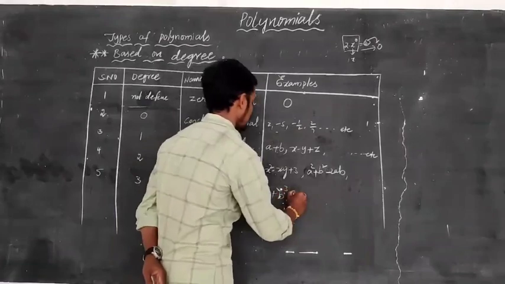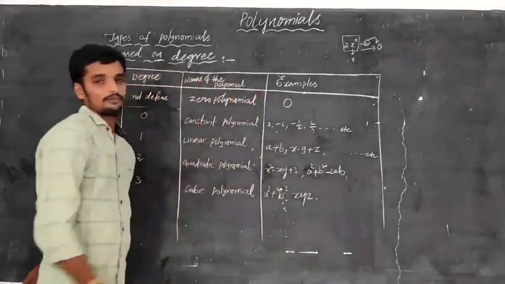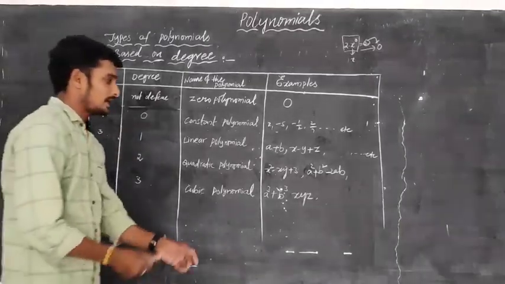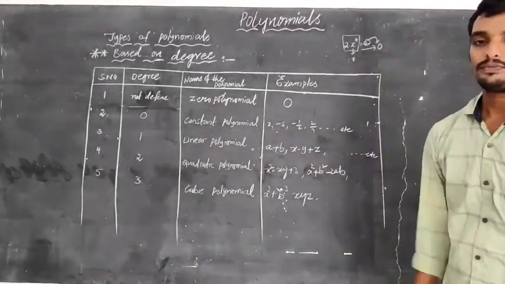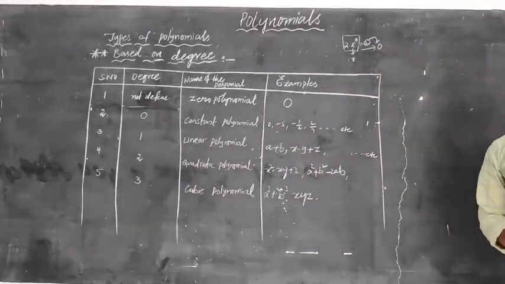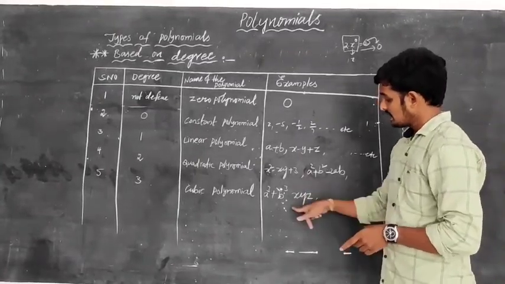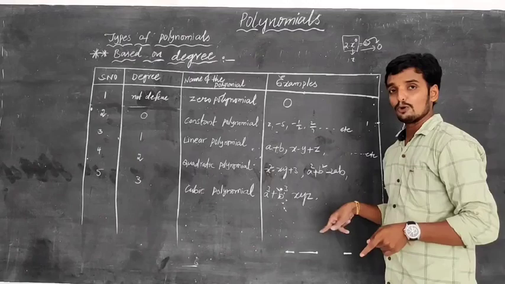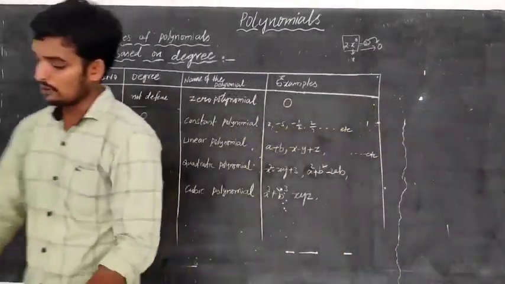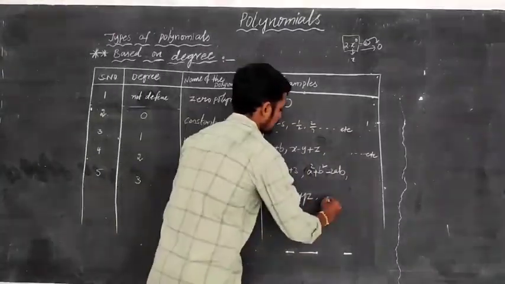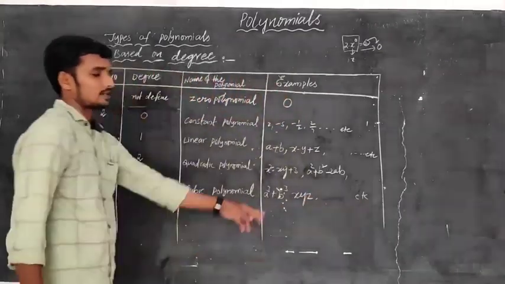I am writing one more example, that is xyz. I just write a monomial, xyz. What is the degree of xyz? Tell me. It has 3. x has 1, y has 1, z has 1. This is a monomial. You can add 1 plus 1 plus 1 is 3. So this is also called a cubic polynomial. One more example if you wish, and keep dots etc. Write 1 or 2 examples.